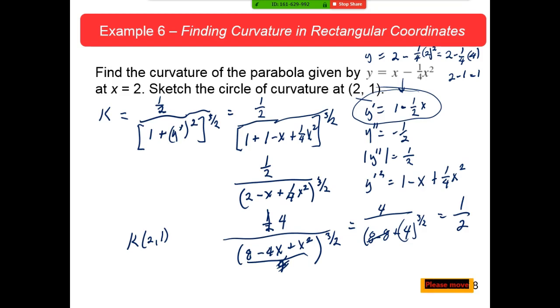that was a little bit on the dumb side of me, because frankly, since we're only interested in the curvature at that one point, we could have plugged in the 2 here, and here, of course, there isn't even an x there, and we could have plugged them into the formula right like that and saved ourselves a little bit of grief. But I was expecting them to do a little bit more with the formula, but they didn't ask for anything more. Oh, except sketch the curve, the circle of curvature at 2, 1. Well, that may be a bit more challenging. Okay, so